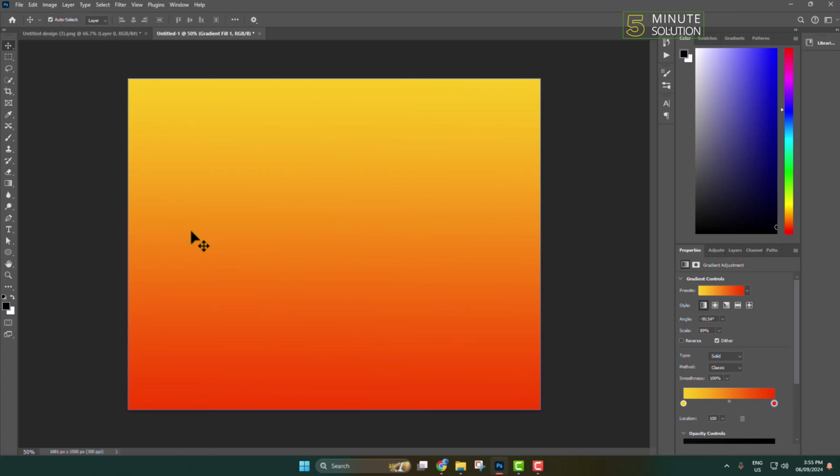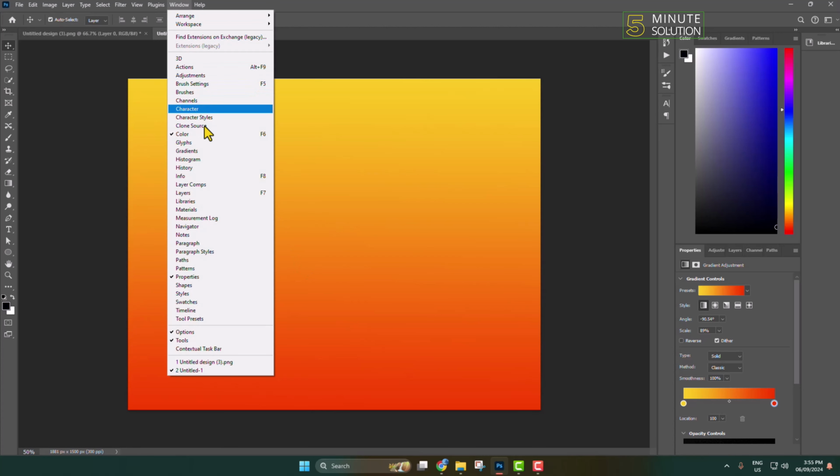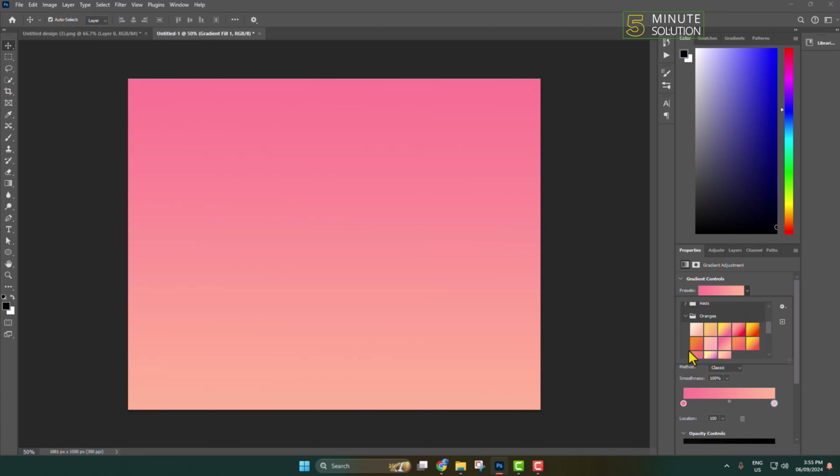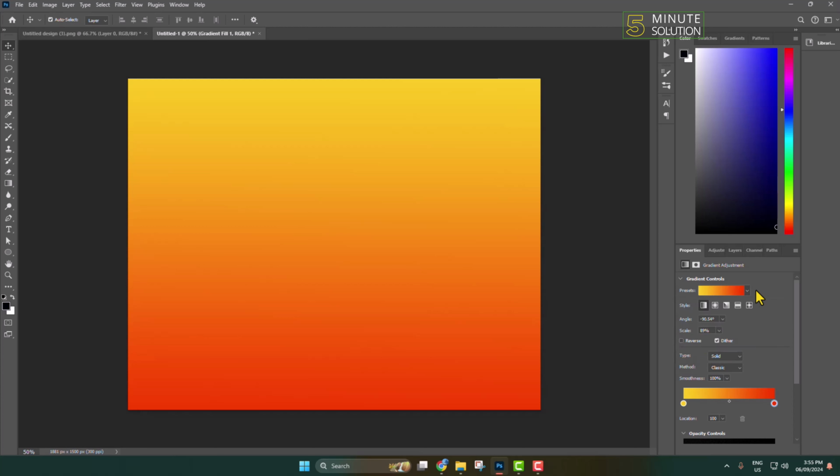Once the gradient is added, you will be able to customize your gradient in the properties panel. So go to Window, and here you have to enable the properties panel, and in this right hand menu you will see the properties section. Now click on this preset, and here you can change to different presets, and here you can also change your gradient style,